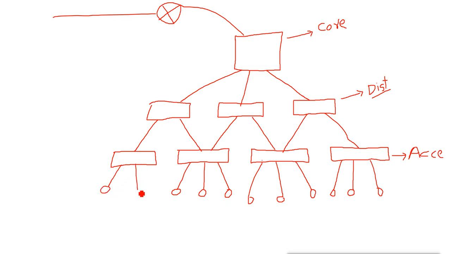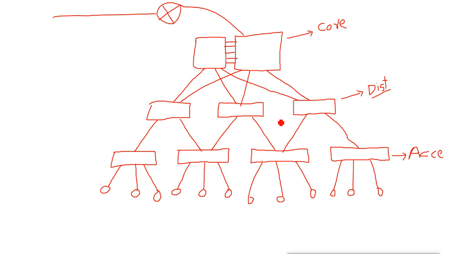Then on the core layer we can have heavy duty switches, so that they can handle the whole traffic of this big network. Remember, this is because we are having a very big network. We can also have two core layer switches for redundancy, and we can connect those switches together by using multiple links so that they can exchange their network, and this can be redundant. So if one core switch goes down, our network will still be connected through the other core switch.